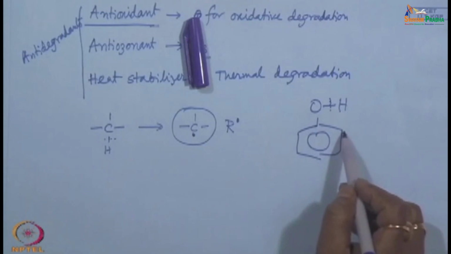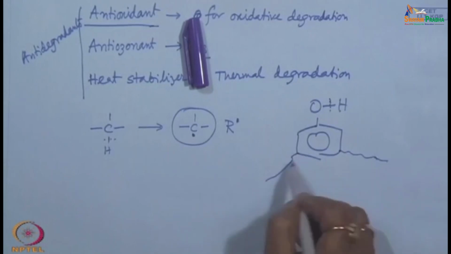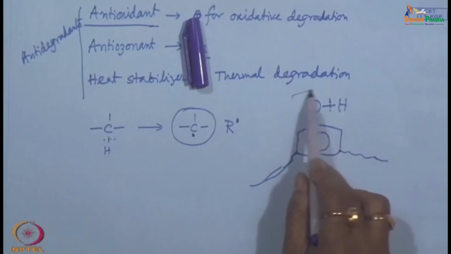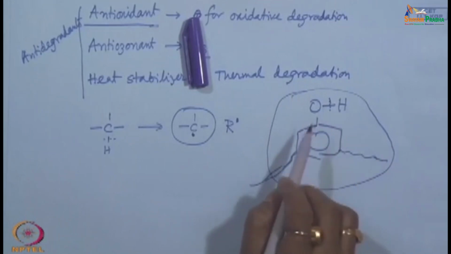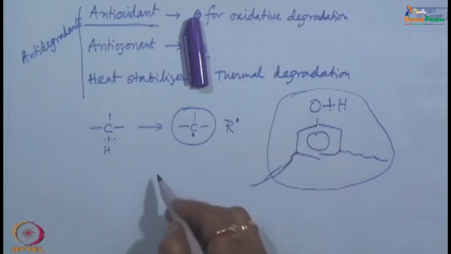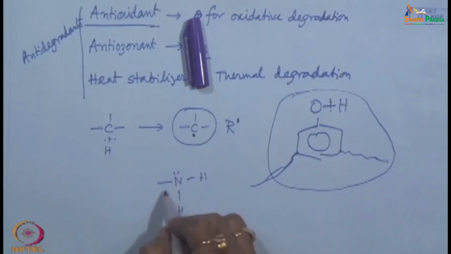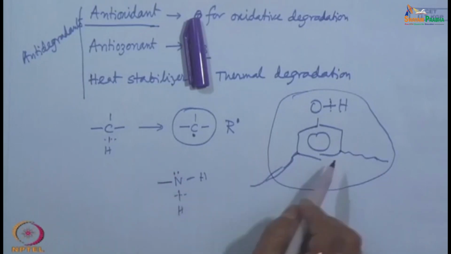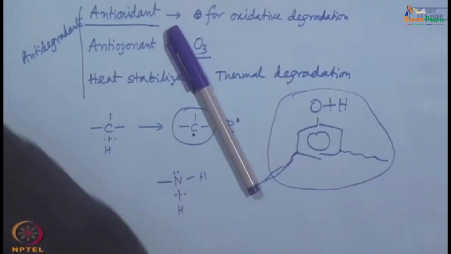Now, hindered means this is connected to some bulky organic groups. That kind of phenol derivative is known as hindered phenols or aminophenol. That means there can be some amino group. Now, this amino group, NH, has a lone pair, so this can also prevent degradation by breaking here, and when it is connected to such a phenyl ring, that will create a stabilized free radical. So, aminophenol,